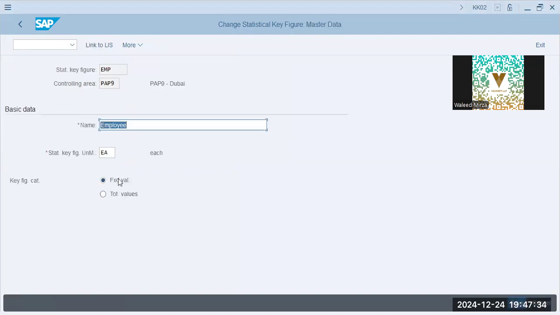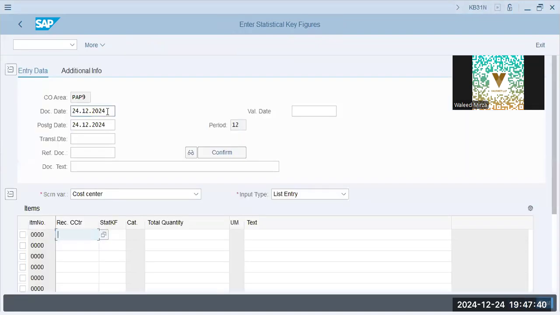Enter employee fixed values. Okay, fine. Next up, KB31N. KB31N, 0101. Now, over here, we'll have receiver cost center